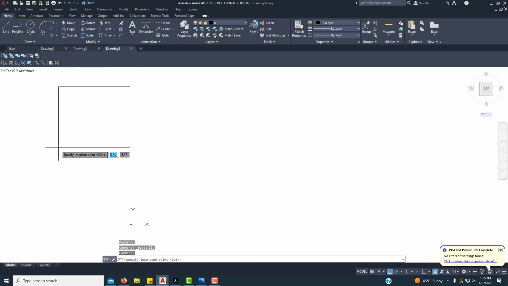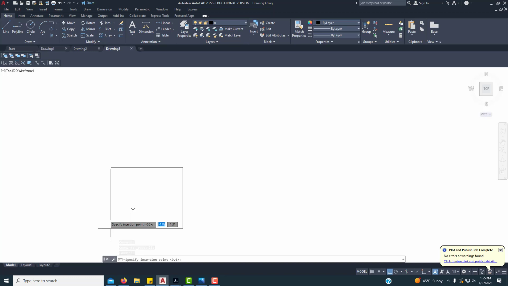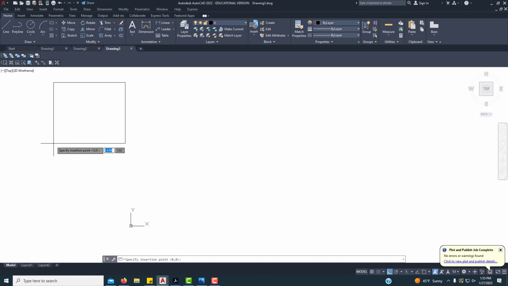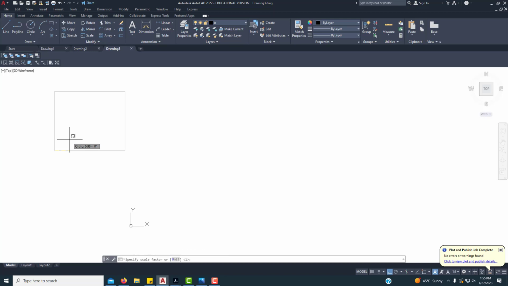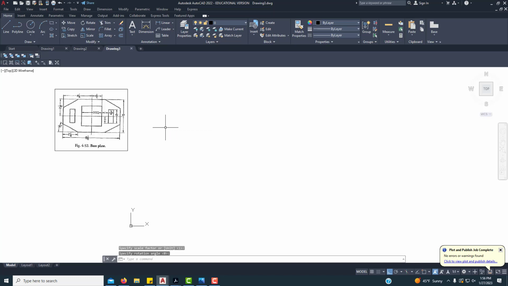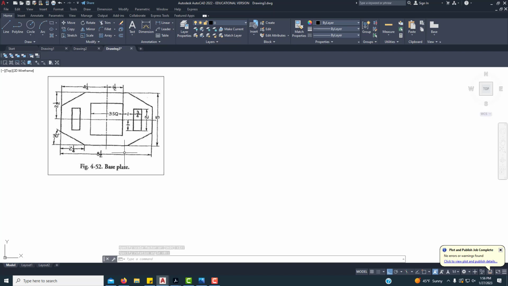And AutoCAD, if you notice your command bar down in the middle of the screen here, AutoCAD will tell you what it wants you to do next. So if you're having trouble with the interface, read your command bar, because then you know what input AutoCAD is looking for. So it's telling me to scale it. Do I want a rotation angle? It's already 0, so I'm going to hit enter, and you say no to any kind of rotation. Alright, so we have this base plate, and when we start, it